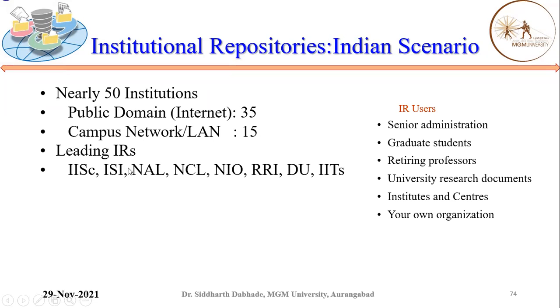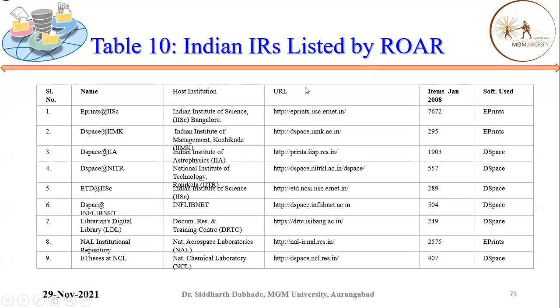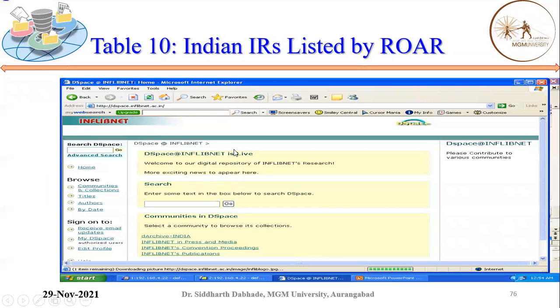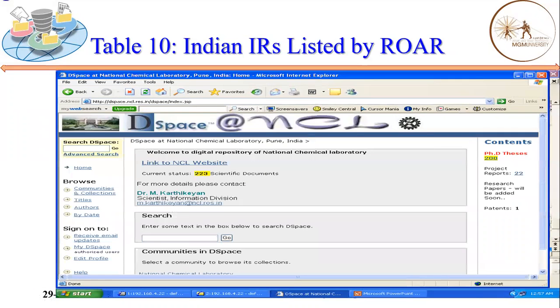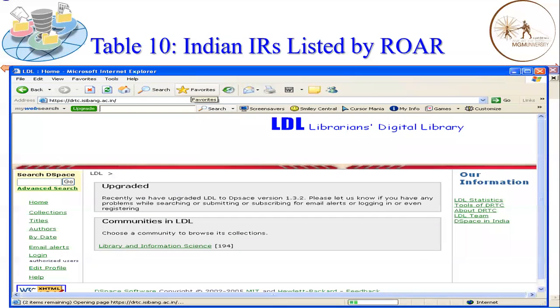The leading ones are the IISc, ISI, NAL, NCL, NIO, RRI, DU, IITs, and these are the top 10 Indian institute IRs listed by the ROAR, like IISc, IIMK, Indian Institute of Management, Kozhikode. So these are the examples. Eprints is also one of the famous ones, developed on DSpace and based on the ROAR concept. Then EPrints, OpenMed, DSpace, LDL,